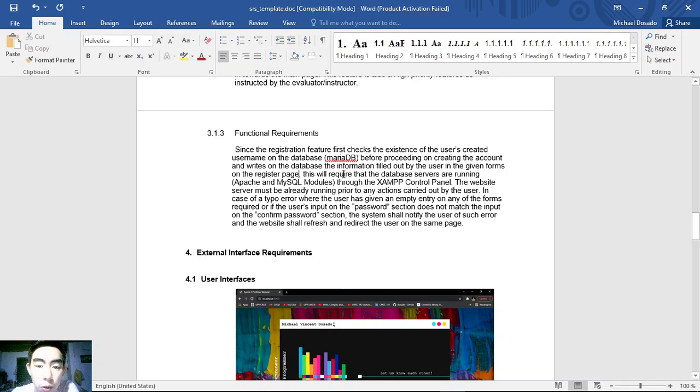So this will require that the database servers are running, of course, for the same thing, Apache and MySQL through the SAMP control panel. So the website server must also be running prior to any actions carried out by the user. So in case of typo error, where the user is given an empty entry on any of the forms required, or